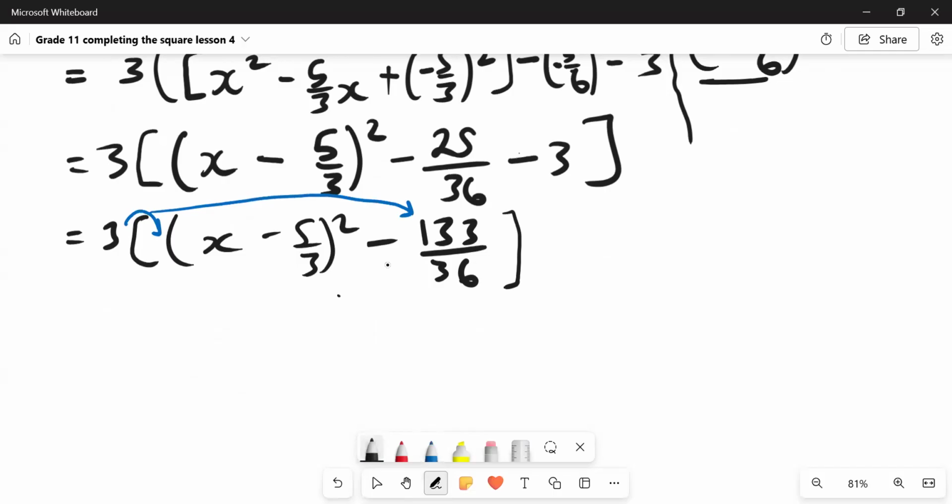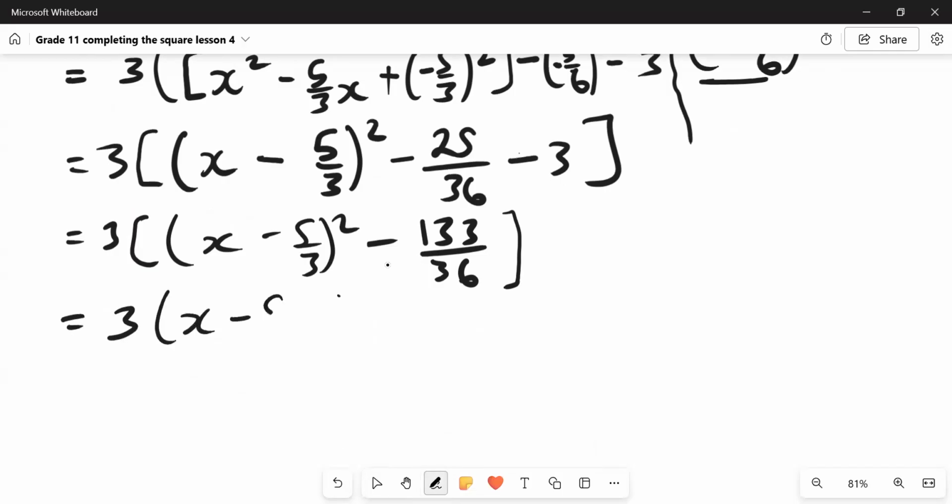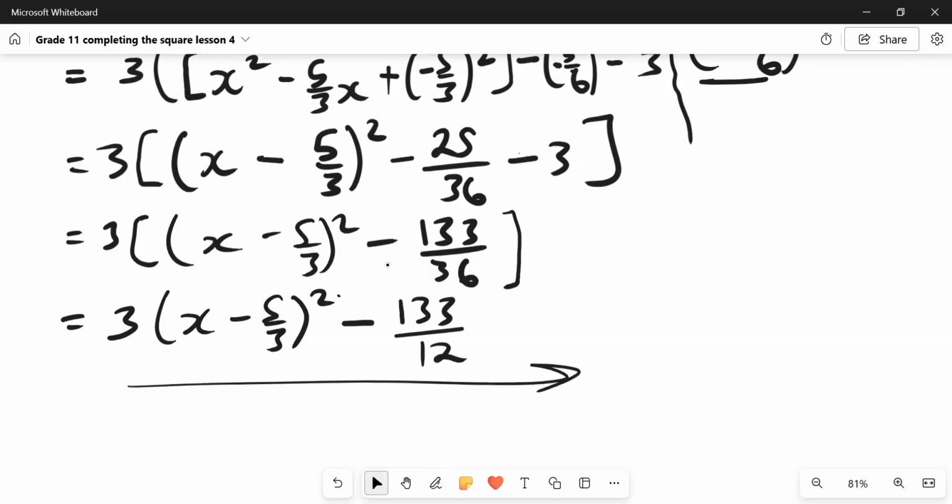Let's distribute the 3 there. And you'll end up getting your 3 x minus 5 over 3 all squared, and then minus 133 over 12. And then this is your final answer. And then we're done completing the square